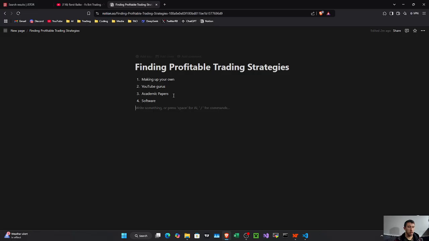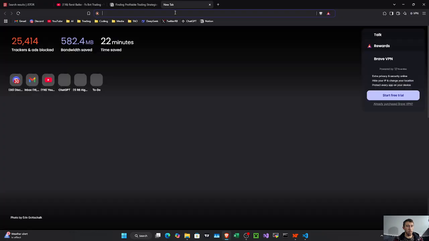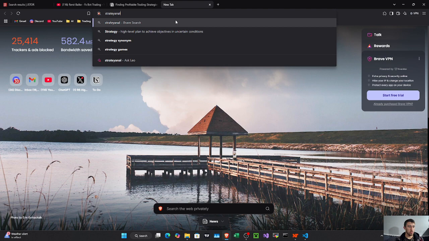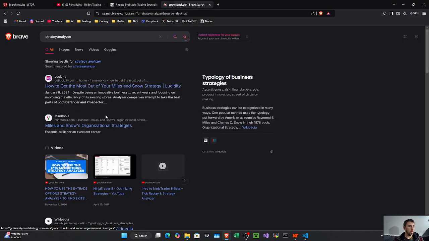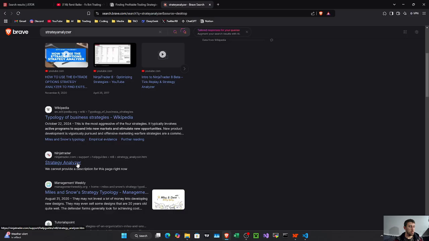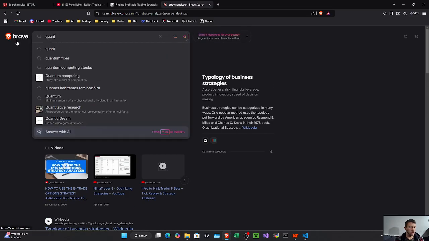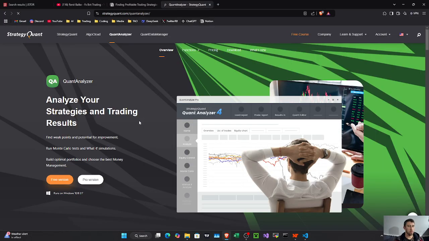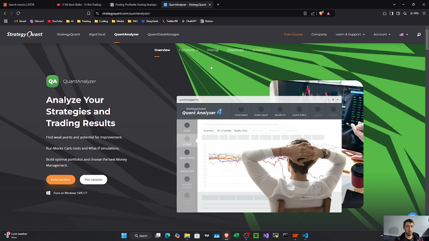Now, the fourth way, and the way that I use, is with software. Now, there's a lot of softwares out there, and I also built my own. So one that's pretty popular right now is Strategy Analyzer. No, it's Quant Analyzer. Yes, this one, which I think they have a free trial,